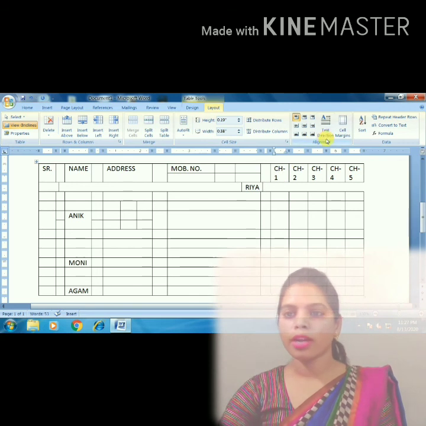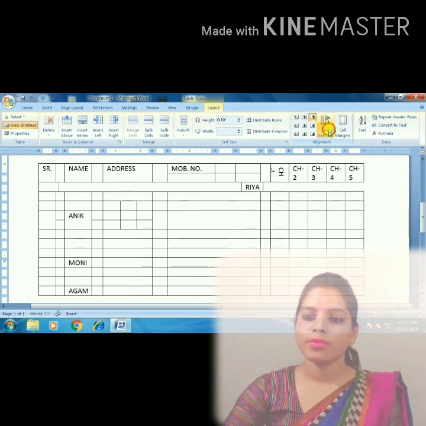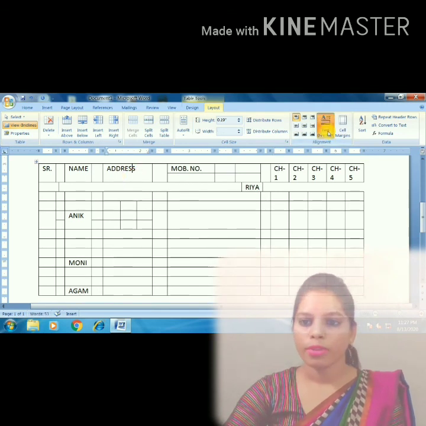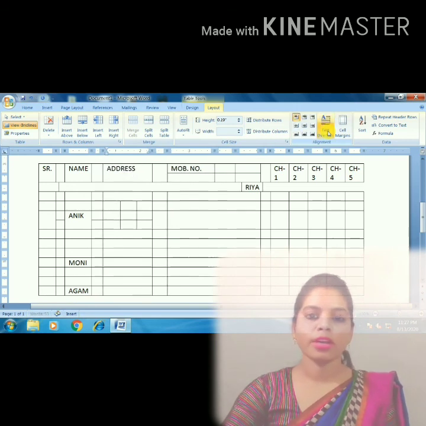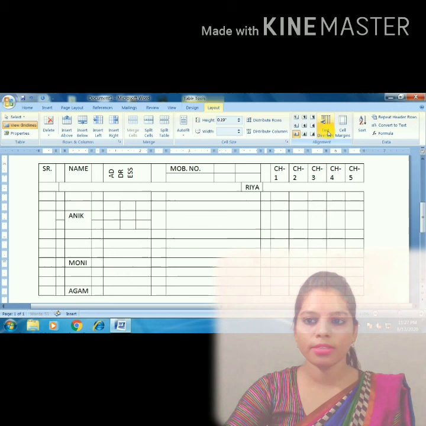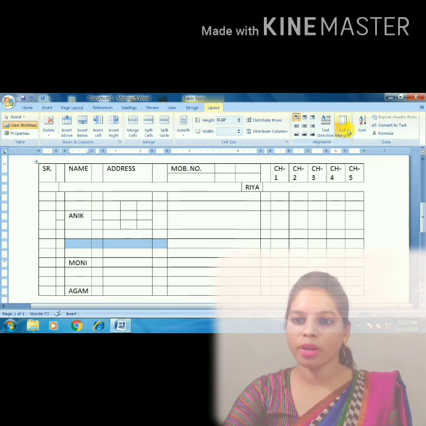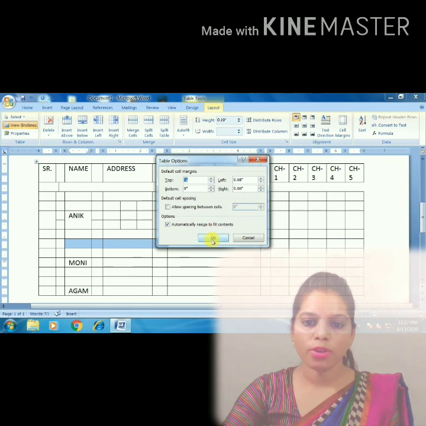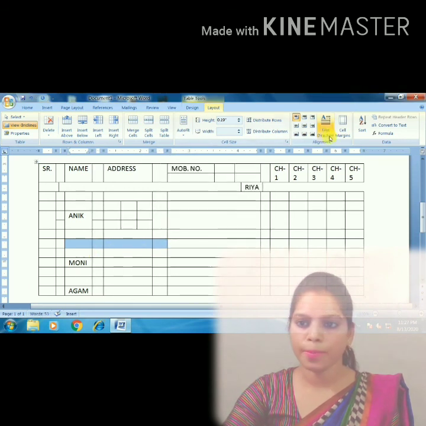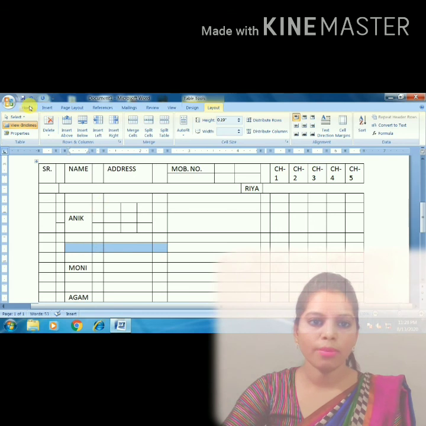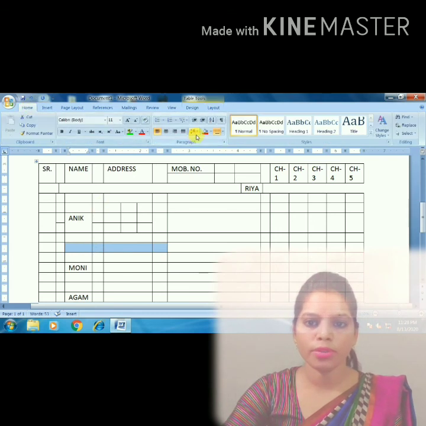Now let's come to the alignment of the table. See, we can make changes of alignment of the text like this. See, changes are showing on the screen. You can see from here. After this, cell merging, we want to merge more than 2 cells. For that, select the cells and click over here. After then, click on merge cell. Selected cells will merge into one cell. We can do it from here also.